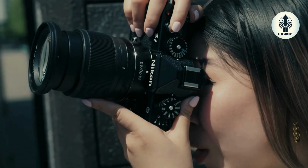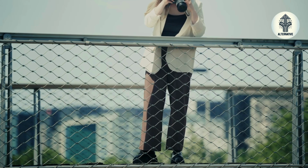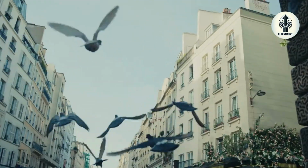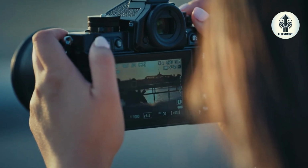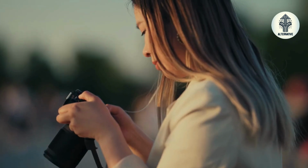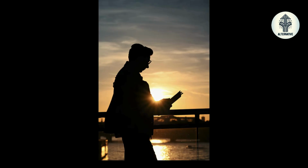Speaking of video, videographers are in for a treat. The ZFC II can now shoot 4K video at up to 60 frames per second using the full sensor width. Compare this to the original ZFC, which was limited to 30 frames per second. For slow-motion enthusiasts, you still get that sweet 1080p at 120 frames per second. But there's more. The new model supports 10-bit internal recording with N-Log and HLG support, giving professional videographers the flexibility